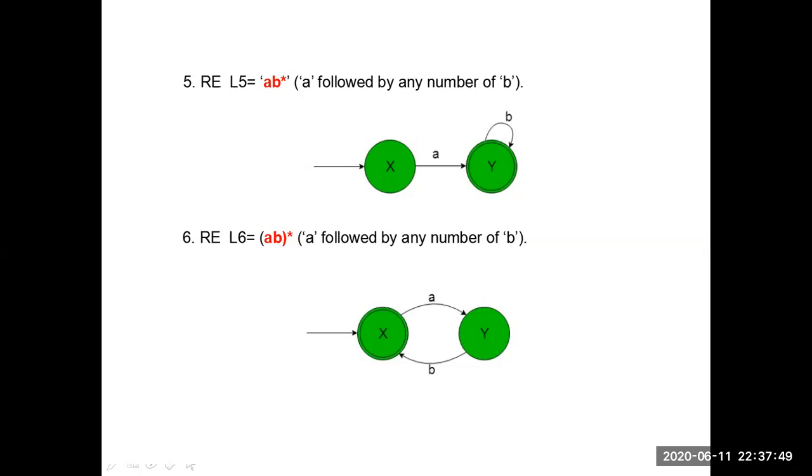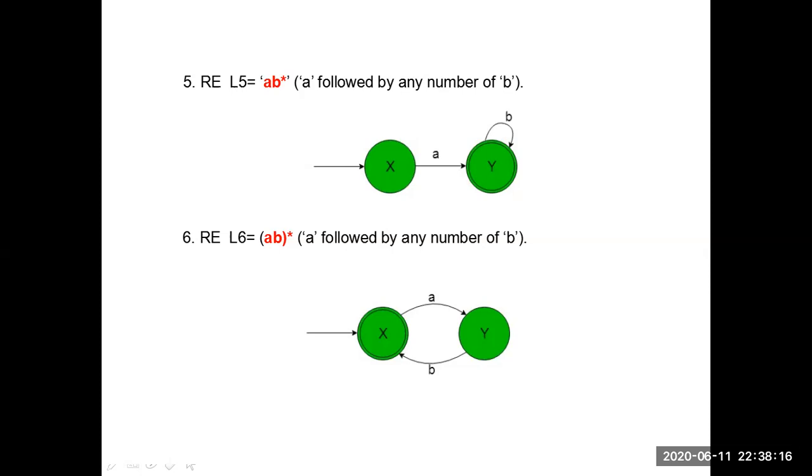Next, whenever a single AB has come, first X will read, on reading A, X will go to Y. Again, after reading B, it should go to the final state. So on reading B, Y is coming back to X, because after AB it has to go to the final state. Like this, any number of ABs, always AB is a combination. So if you take any string, it is happily accepting.